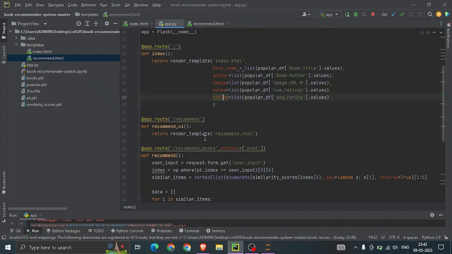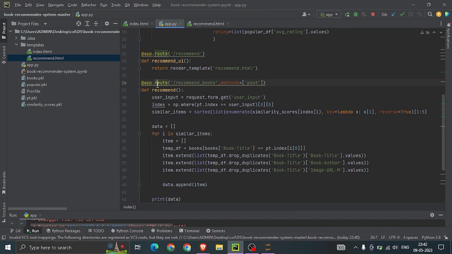So the main code is in another route created called recommend. Recommend UI is for connecting the recommend HTML using the render template function. In this recommend function, this is the user input which we take in recommendation.